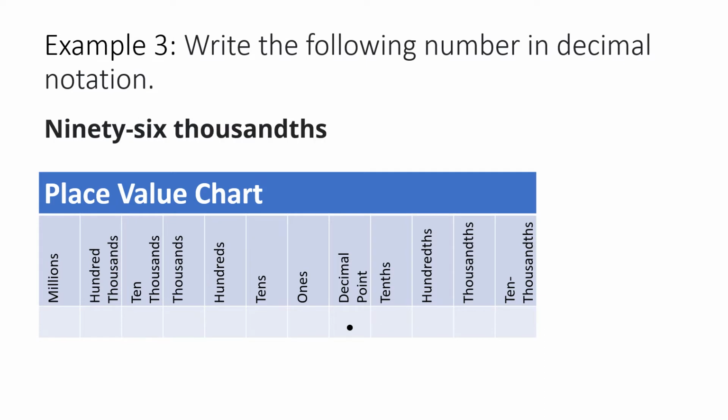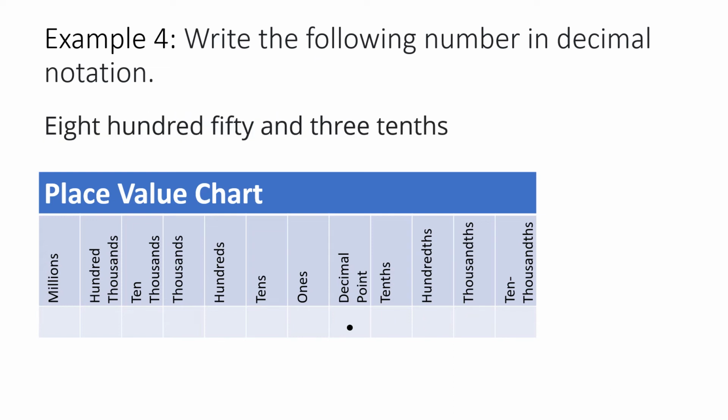For example 3, it's 96 thousandths. So I want to locate where the thousandths place is on my place value chart, and then I'm going to put my 9 in my 100 spot and then my 6 in my 1000 spot. So that actually is going to be representing my 96 thousandths. However, I need zeros for placeholders. So I'm going to put a 0 in the 10th spot, and then I'm going to put a 0 in my 1 spot. So my final answer is going to be